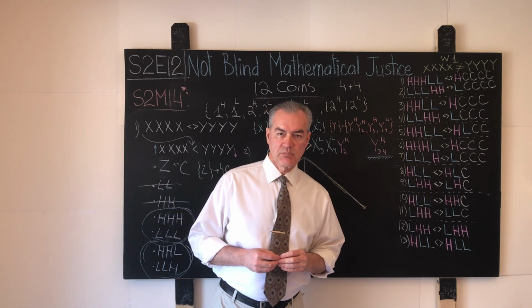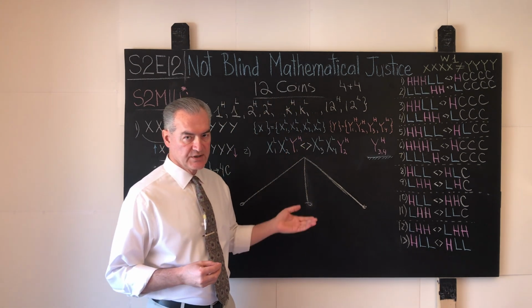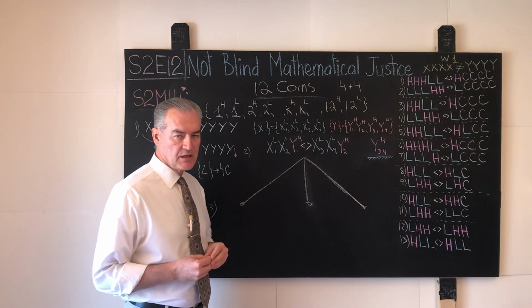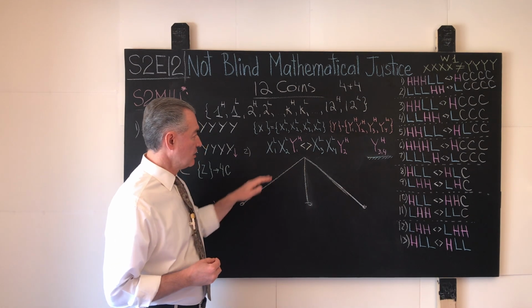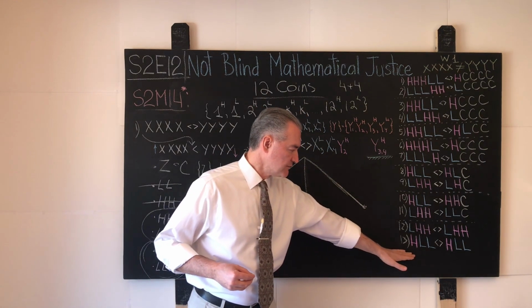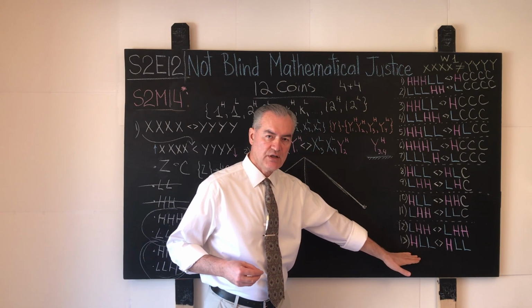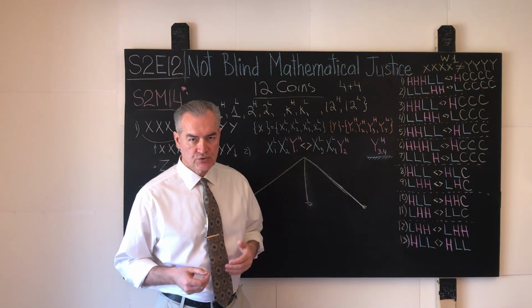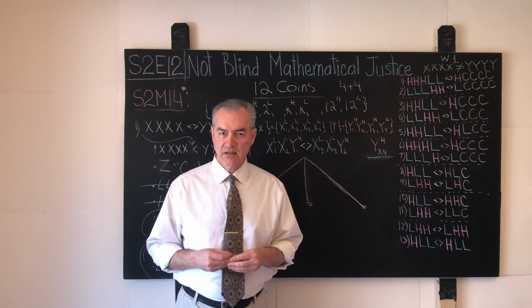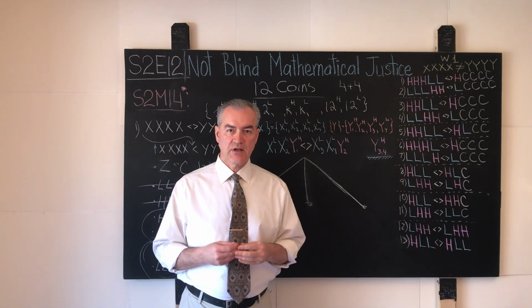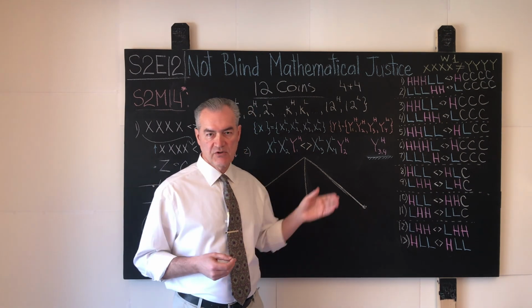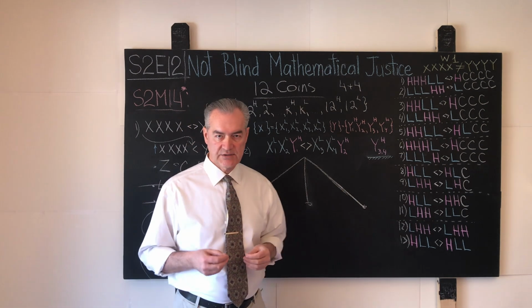For our last complete analysis in the public setting of a distinct solution of the 12 coin problem when the pans do not balance on the first weighing, I'll consider light, light, heavy, light, light, heavy, or this number 13, the solution number 13. And again, the reason I'm doing this is because I want to show that this analysis is not really that complicated. If I were doing this with a live audience, I would literally take the demands from the audience at random. Let's say you give me any of the scenarios and I will analyze it right then and there for you.